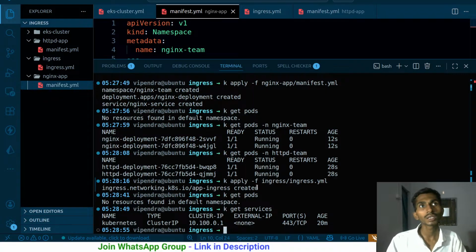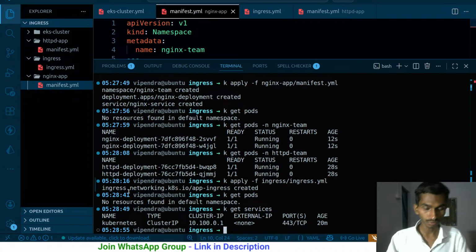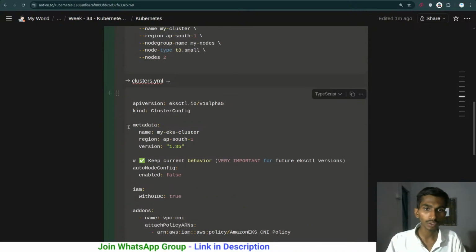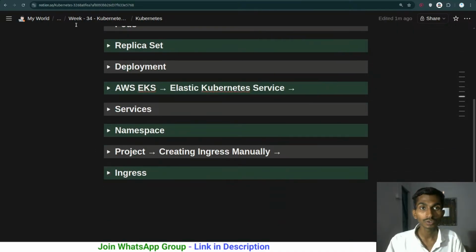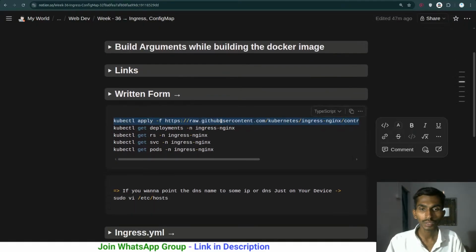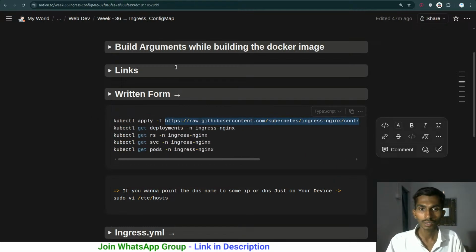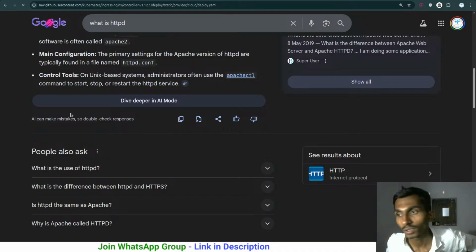Now whenever I run my Ingress controller, at that time the Ingress controller will pick this configuration, and using this it will just simply start routing the traffic. So let me just create the Ingress controller. For creating the Ingress controller, this is the URL that you need, by the way, that's not here. So coming back to this one, this is the Control C, this is the URL that you have to apply. So kubectl apply, and if I just simply paste it here, ultimately in this particular URL you get this whole configuration for